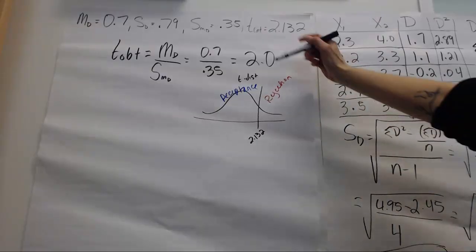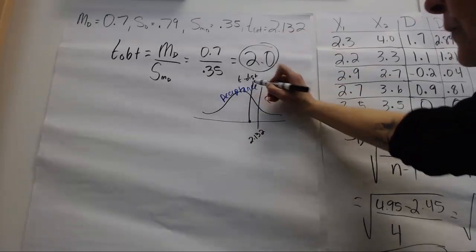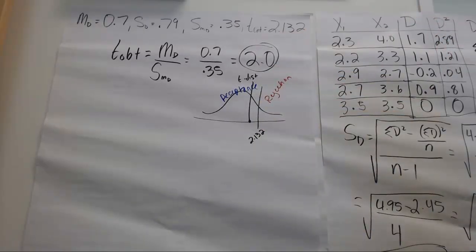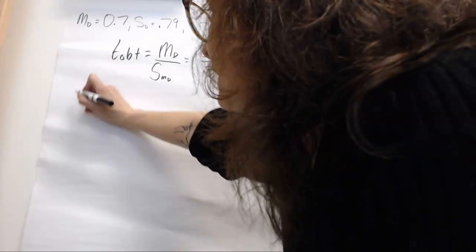And then we place our obtained t within that distribution. It's falling squarely in the acceptance region. So we are failing to reject the null hypothesis once again, and we're accepting the null hypothesis. So we have to, as in the past, make a statement so we can report our results. And what that should look like is something along the lines of